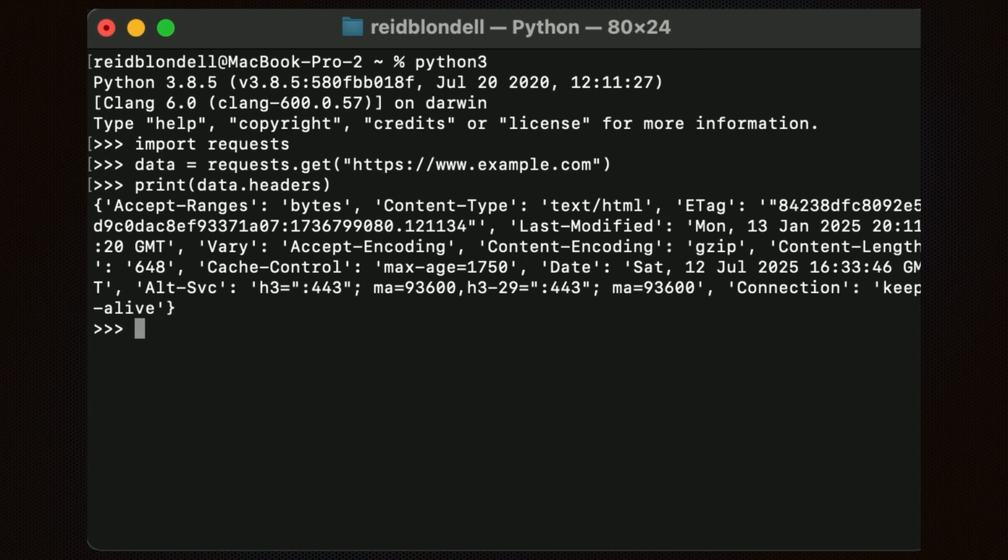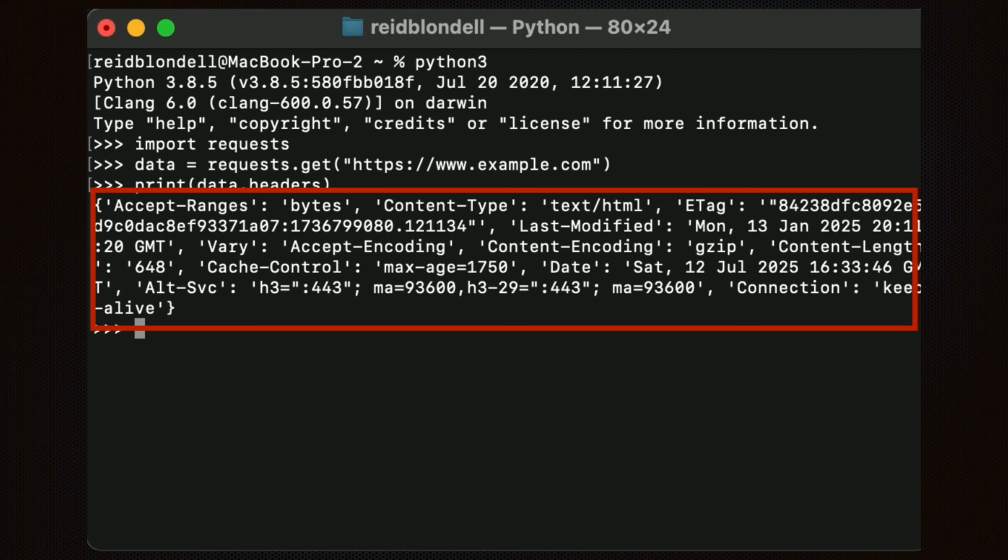And the data structure looks familiar, right? Yep. Another JSON object dictionary.